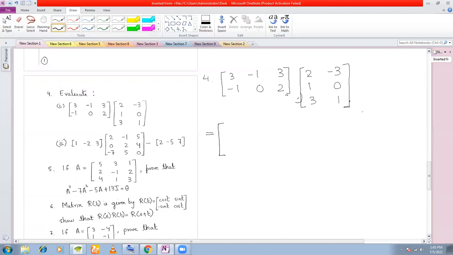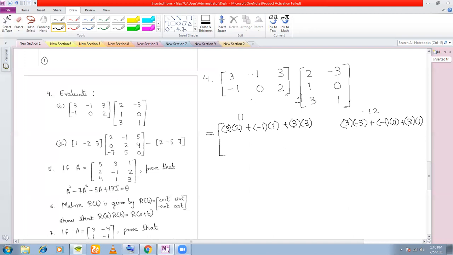So let's see how we are getting. You multiply the first row with the first column and you write the product here. So how will it look like? 3 into 2, right? Plus -1 into 1 plus 3 into 3, right? You multiplied the first row and the first column to get this. Next, you multiply the first row with the second column. You write in the 1 2 position. That means you get 3 into -3 plus -1 into 0 plus 3 into 1,